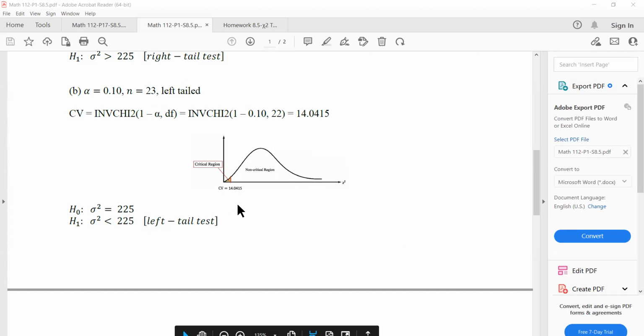Okay, that was it. I just had to put in the left tail test. No problem. So now we're going to go on to part C, problem 1,